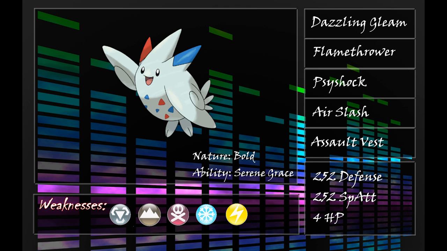But anyway, my Togekiss is actually fairly interesting because it is a defensive and specially defensive wall, but it's also a special attacker, and its moveset is 4 attacks because of the Assault Vest that I have on it. Its moveset is really good because Dazzling Gleam, Flamethrower, Psyshock, and Air Slash are really good coverage. It hits a lot of Pokemon for super effective, and Flamethrower and Psyshock cover its weaknesses of Steel and Poison, not Psychic,